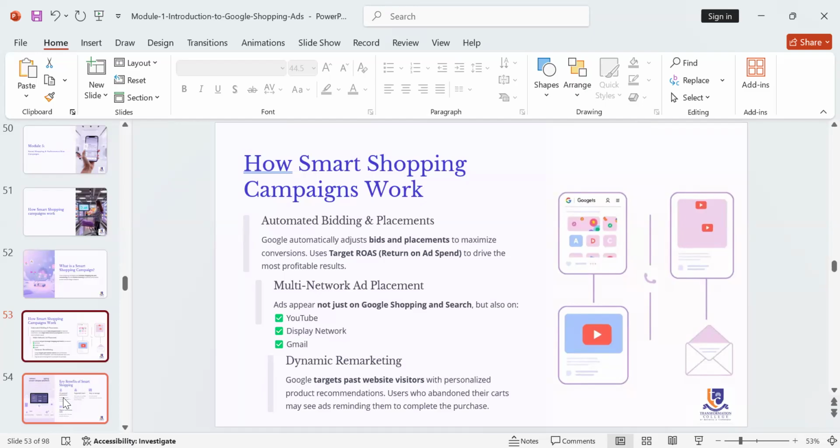Let's say somebody checked on new shoes last month, and your ad is out now, and you're using, let's say, Performance Max. Google would send those people a reminder, your ad, just to tell them that last time you checked for this thing, are you still looking for it? That shopping campaign would